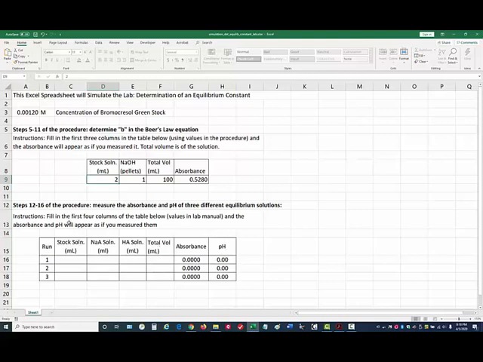Again, with this, you can use the exact numbers if you want, or you can vary it slightly. There's no reason you can't use a little bit more or a little bit less of any of these solutions. You will get the correct absorbance and pH values from the simulation. After you've completed all the cells here and recorded all of your data, that's all you need for the analysis